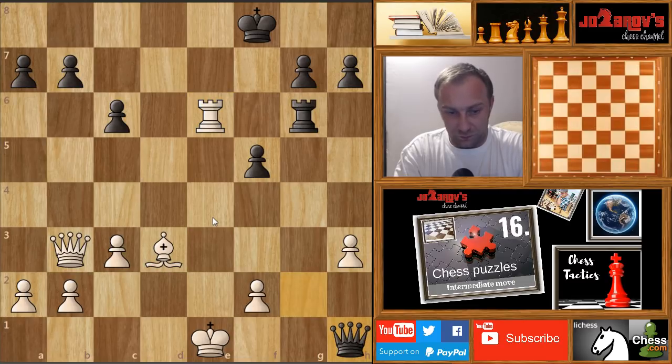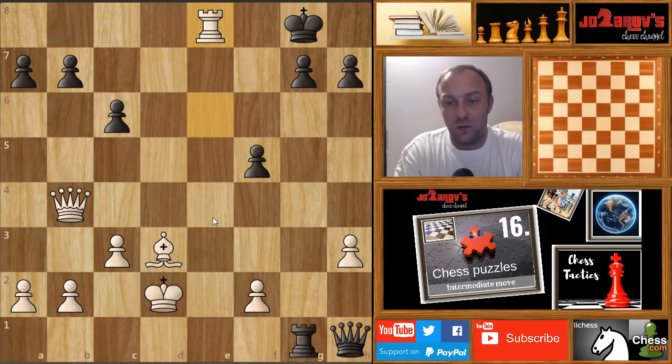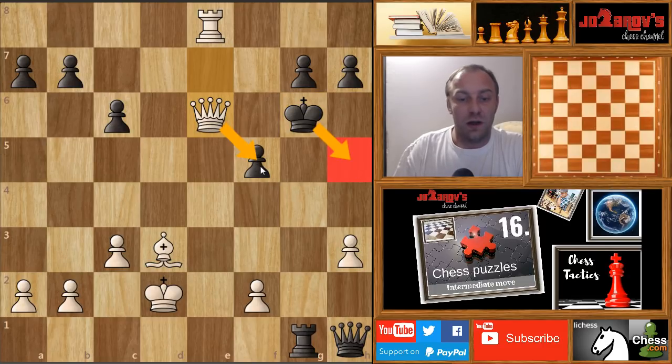Here we have queen on h1, king on d2, and now rook on g1. But now after queen on b4, king on g8 was sort of a forced move. Now rook on e8, king on f7, queen on e7, king on g6, and now queen on e6. And in this position black resigned, because you see, after king on h5 we can also capture here the pawn